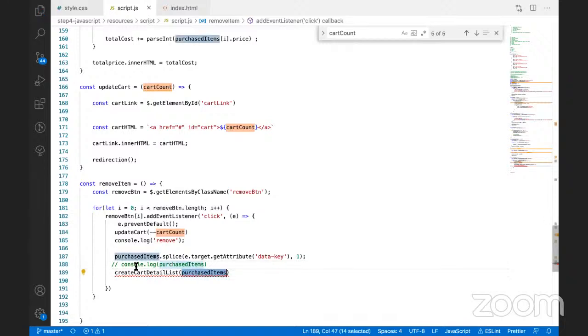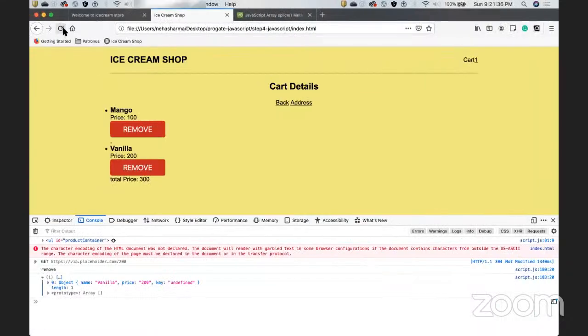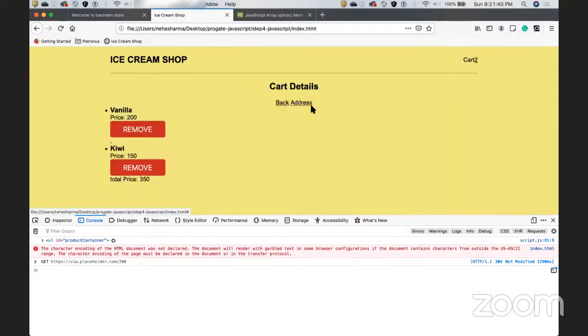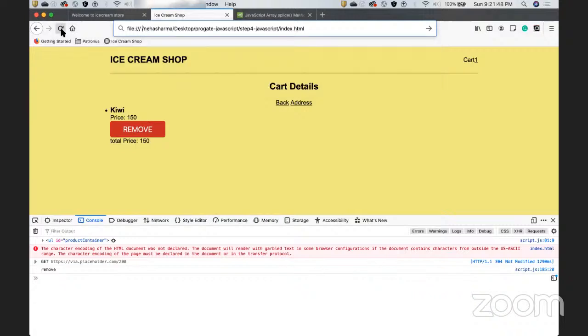Now, okay, I want to first check if without passing arguments it will work or not. First, I want to check that because purchase items is already there. So let's go back. Let's add vanilla. Let's add kiwi. Let's go there. Let's remove kiwi. The problem that happened is it didn't remove kiwi, but it removed the first element